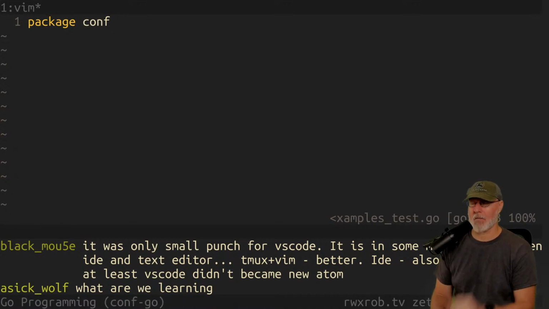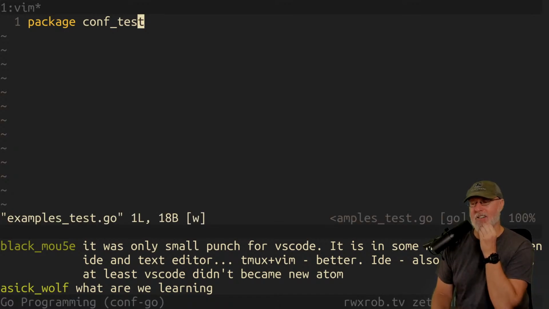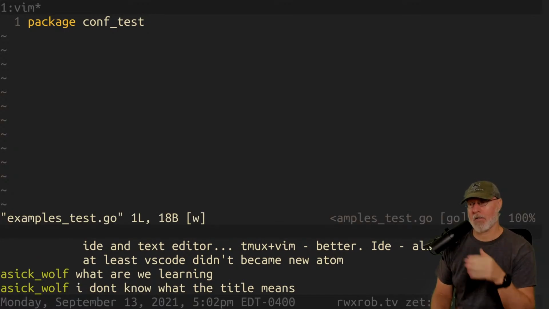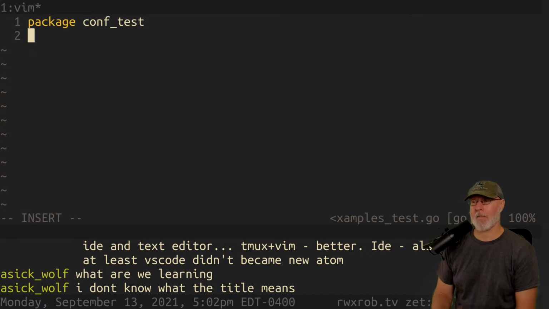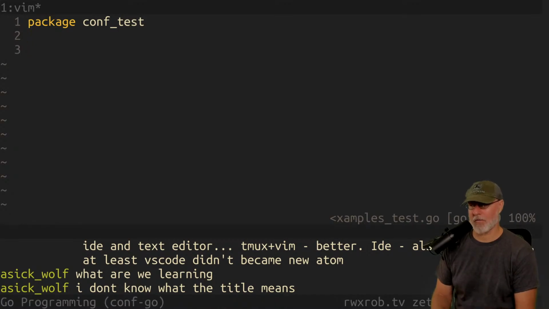Now, here's something crazy. We're going to actually put underscore test, and this is a convention. We're learning how to program in Go, so that's what we're learning. And the rest is up to you to research what that is. So package conf underscore test.